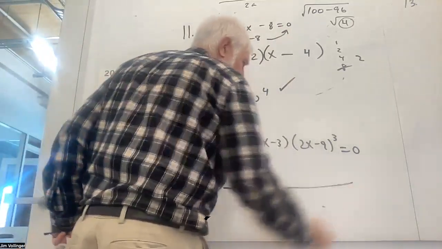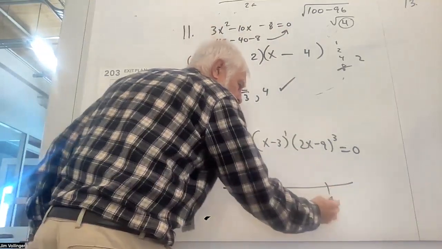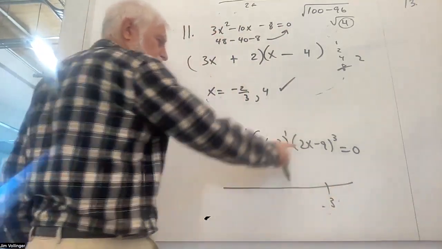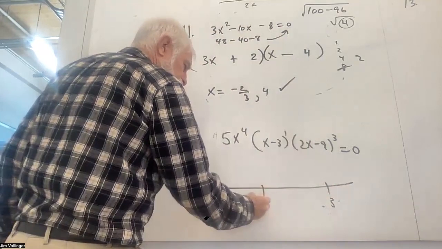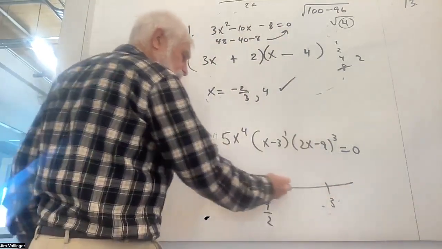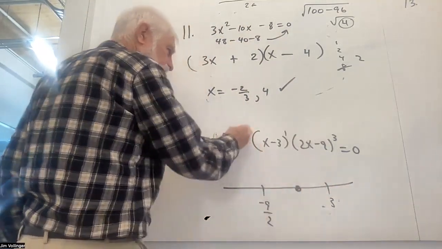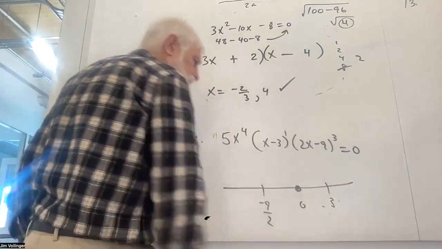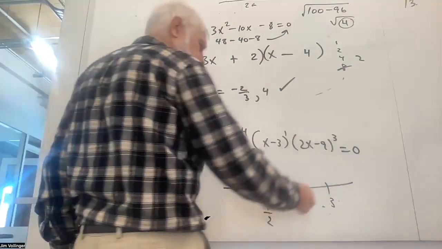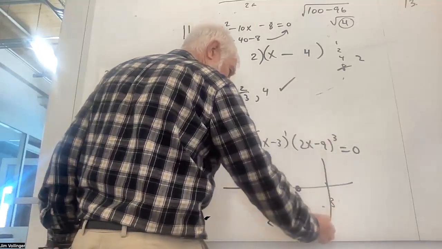I mean, I can give you a little graphical practice. So 3, that's to the first power. So it's a nice linear cut. Minus 9/2 is a nice cubic cut. 5x to the 4th, that's minus 4.5. So that's to an even exponent. So it's not going to change signs. So this thing looks like positive. So boom,